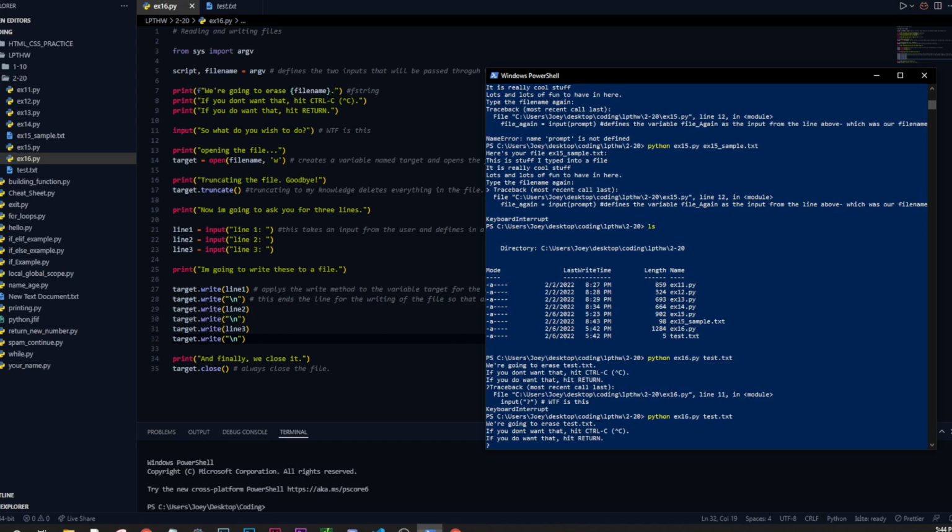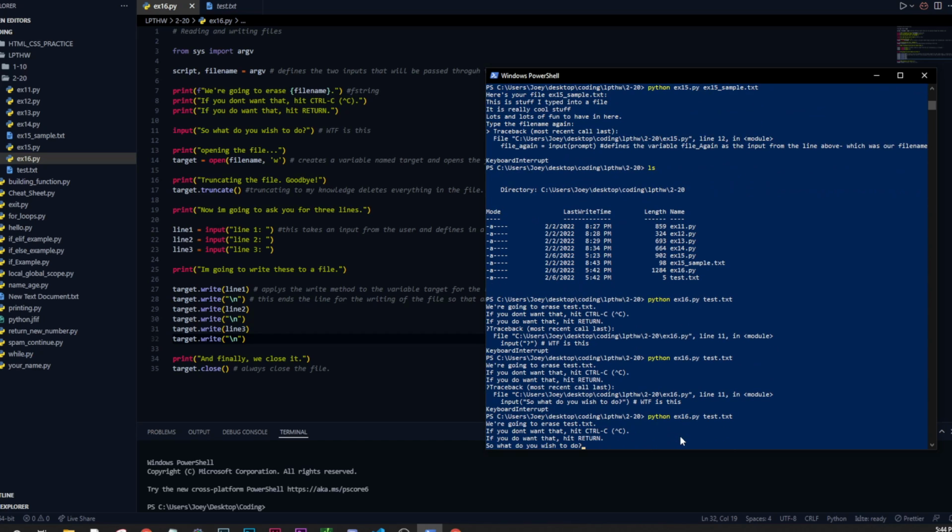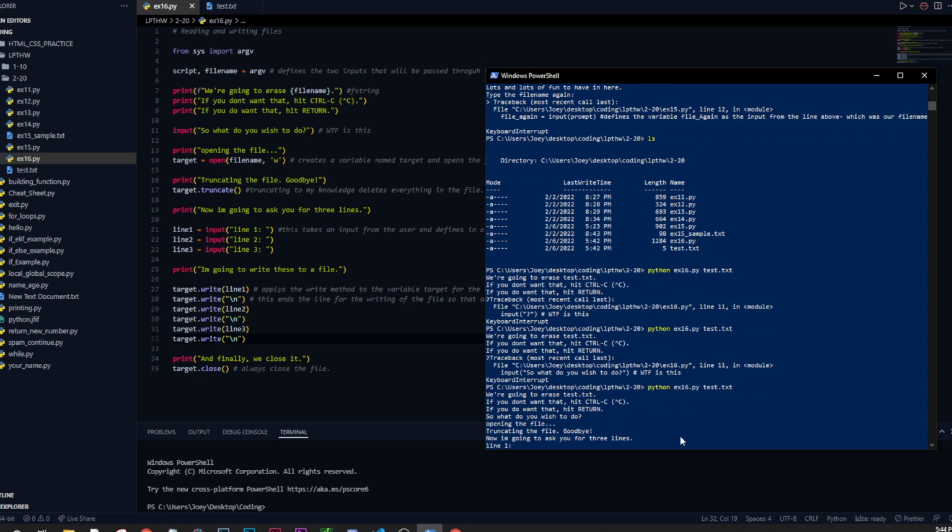Alright, so now we're going to hit Control C and rerun this. Now it says, so what do you wish to do? I'm going to hit enter. Alright, so opening the file, it says print opening the file, then truncating the file, goodbye. So that is, so open the file and sort it as,